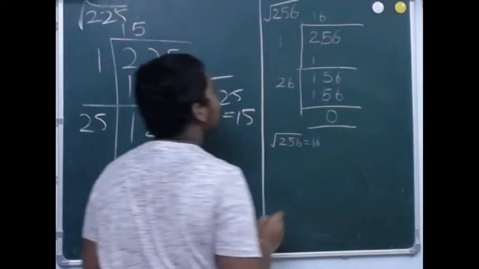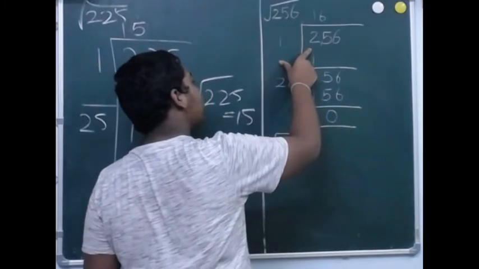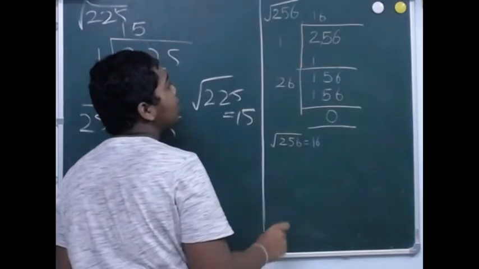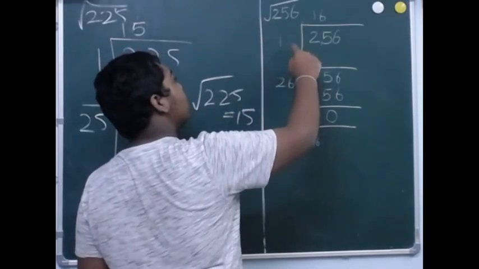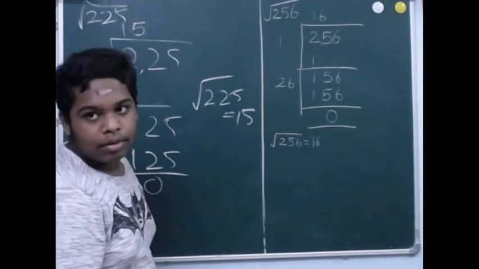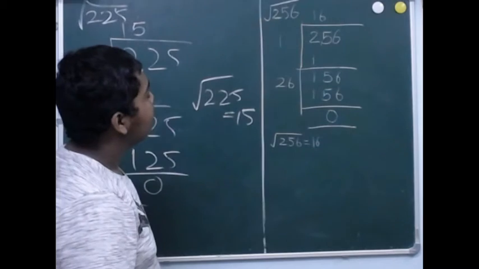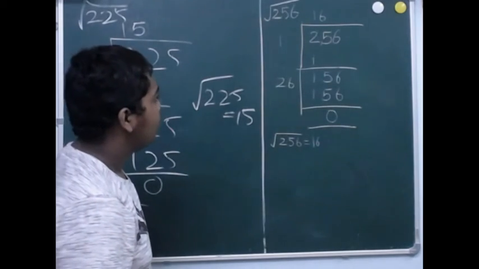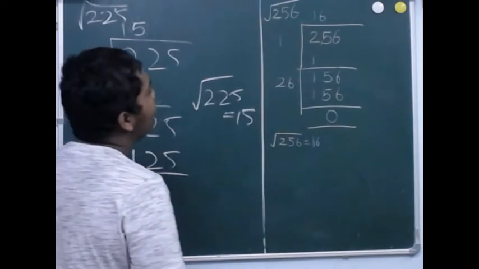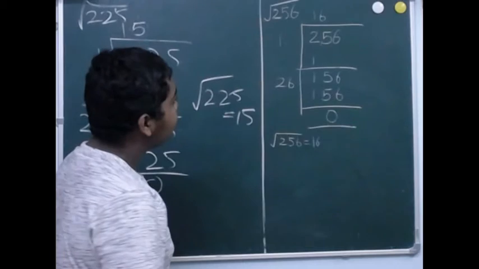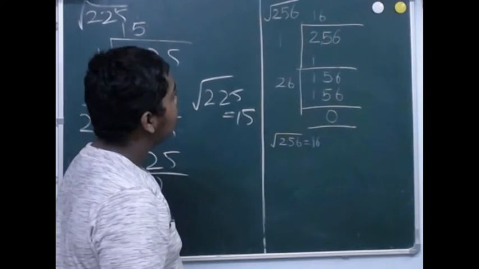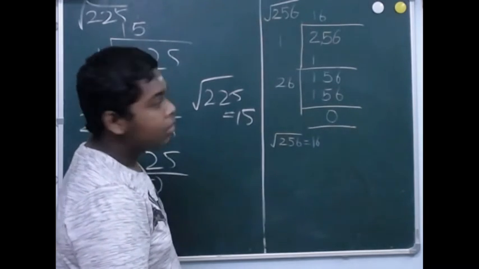Right, proceed. Sir, for 256, a perfect square, we can find it by the division method, sir. First of all, I am doing by 1, sir. Now, what is the first step? Put the comma, insert the comma, taking 2 digits from the right. Okay, so that is the first step. What is the first step? Guys, please note down. What is the first step when you go for finding out the square root? Please note down. Point number 1. Insert the comma by taking 2 digits from the right.